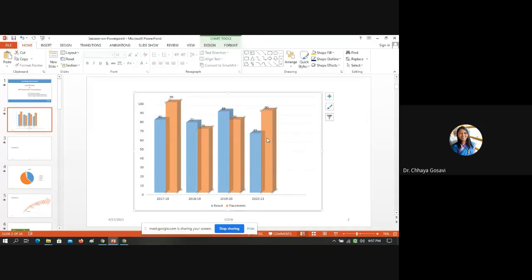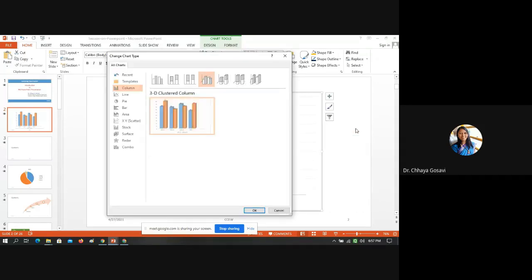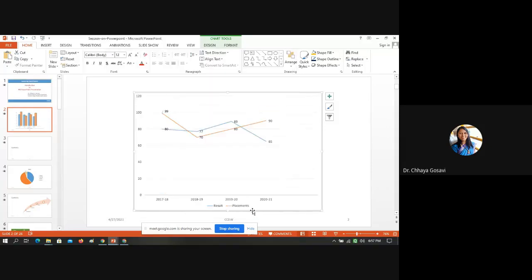Instead of a bar graph, you can change the chart. So change chart type. Instead of a bar graph, you can show a line graph. The blue line is for result, the red line is for placements.